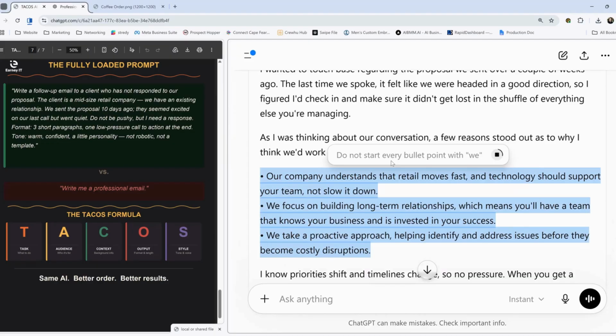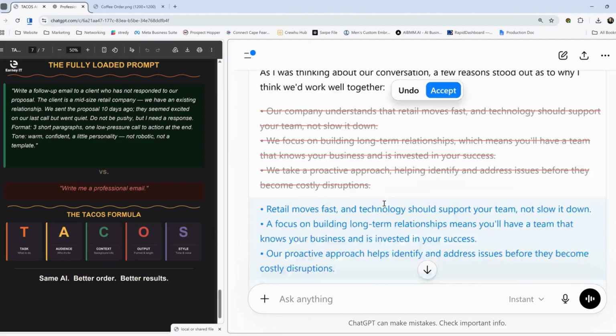Sometimes I'm a little bossy. Yeah, sometimes you just gotta get it done, sometimes you just gotta tell it what to do. Okay, so here we go. Retail moves fast. A focus on building long-term relationships. So I would want to